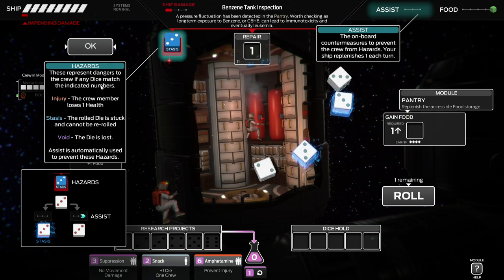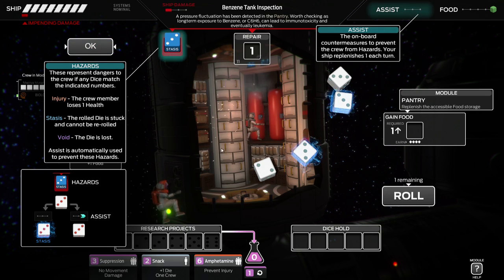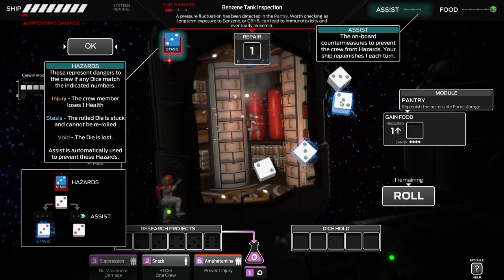These represent dangers to the crew if any dice match the indicated numbers. Injury will actually injure your crew member rolling the dice. Stasis will only lock the dice in the position they are right now,